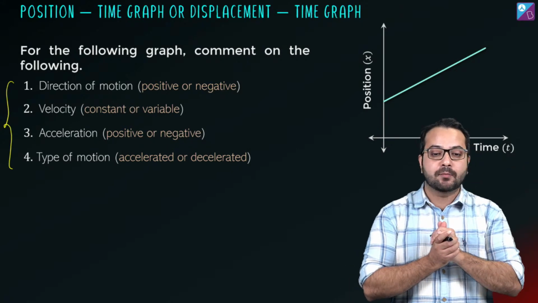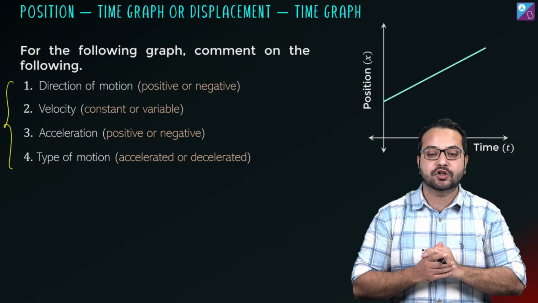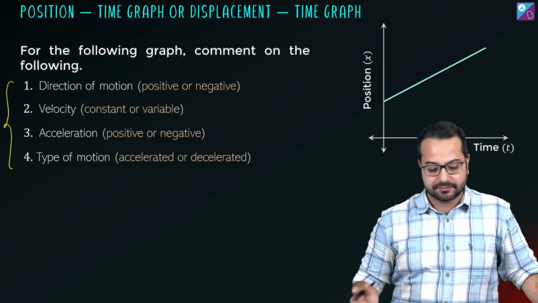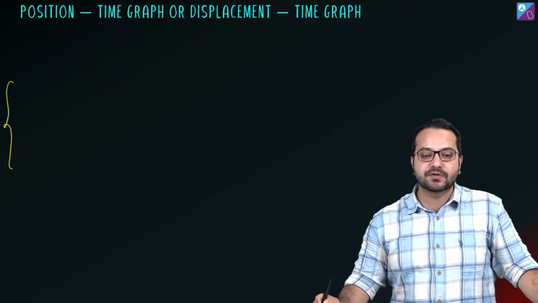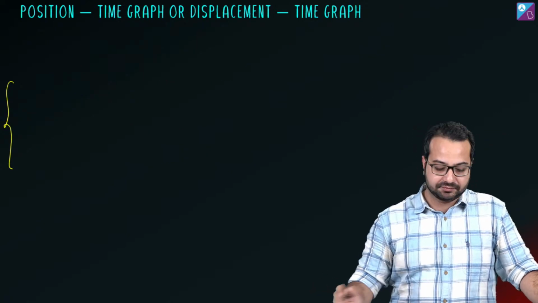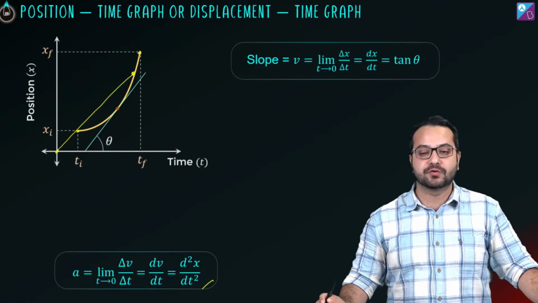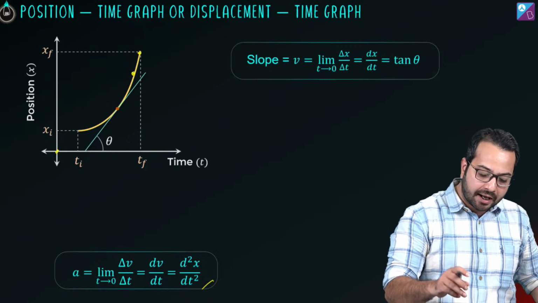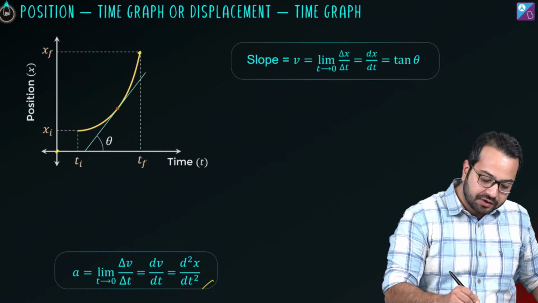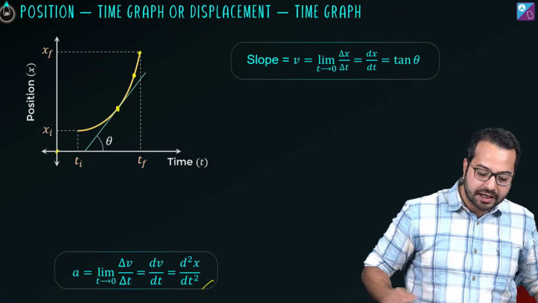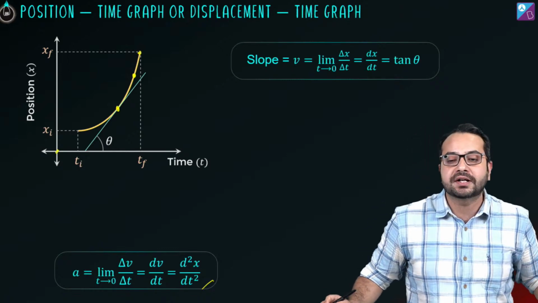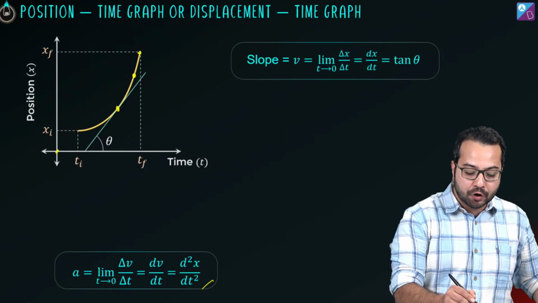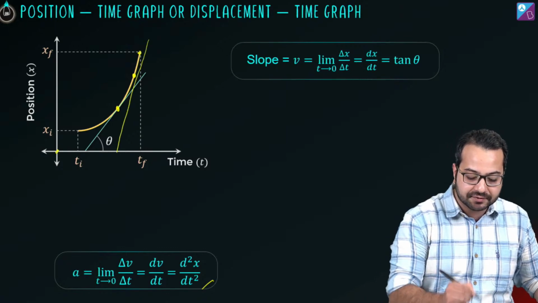ओके, स्वास्तिका बोल रही है क्या सर डायरेक्टली इस ग्राफ से एक्सेलरेशन थोड़ी ना पता चलेगा, ये तो चीटिंग है। क्यों नहीं पता चलेगा स्वास्तिका? अगर मैं वैल्यूज दे दूं तो क्यों नहीं पता चलेगा? If I give you the values, for example, and I ask you, between this point and this point, can you tell me what is the acceleration? If I ask you that, what you are going to do is you are going to draw another tangent,